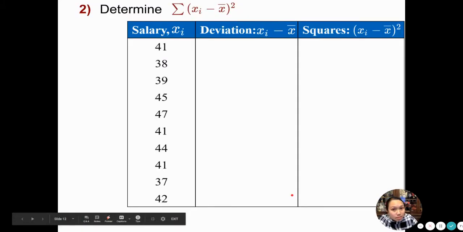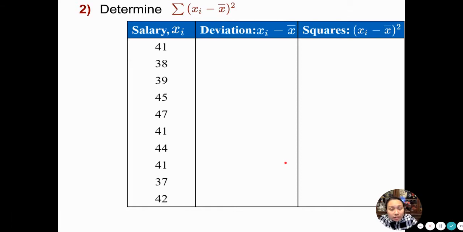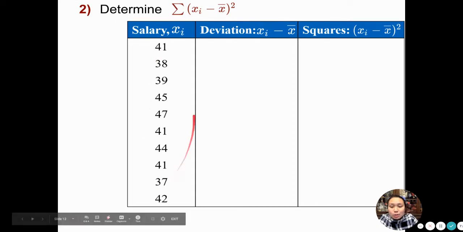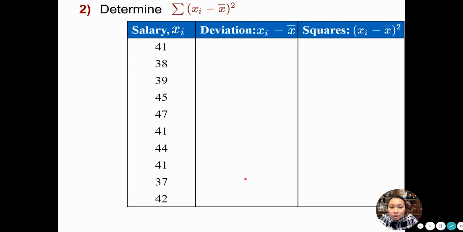The next step in finding the sample variance as well as the standard deviation is to find this. In other words, we are finding the deviation, which is taking every data entry and subtracting the mean from it. What I suggest is you make a table just like this, where one column has every single data entry, and your second column is where we find all of those deviations. You take xi and subtract x bar from every single one of these. And last but not least, we square everything you got